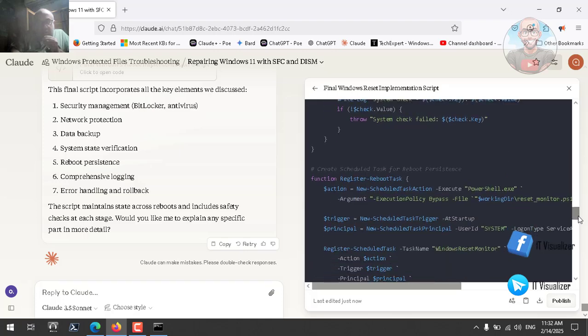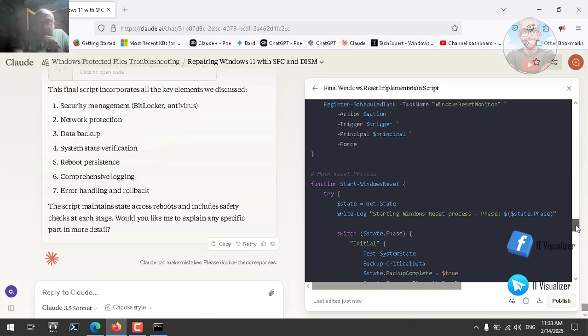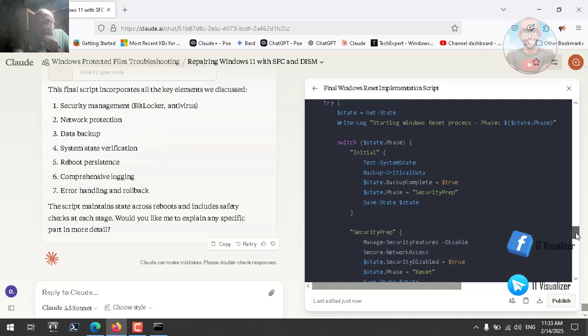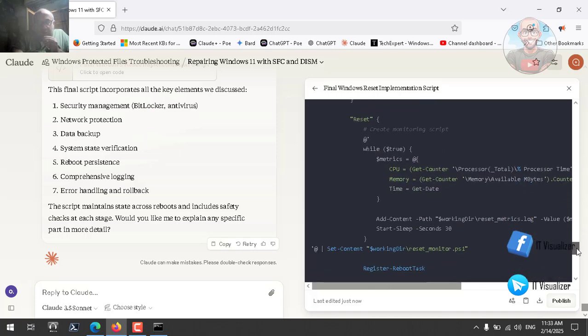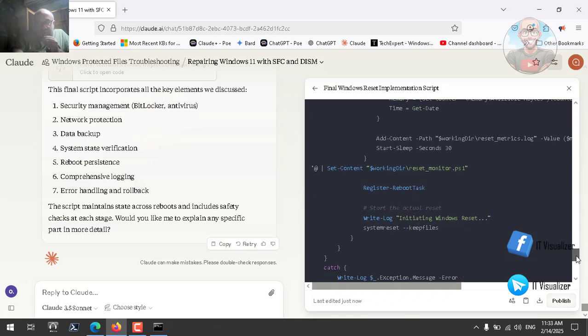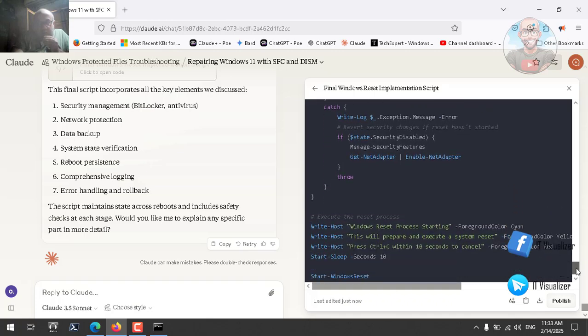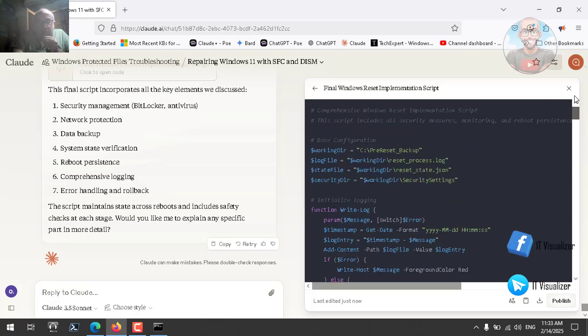create scheduled task for reboot. Okay, this one thing I was worried about. If there is a reboot, how will this task continue working? Okay, so this is to do a scheduled task to open it or to initialize it. Now we have the main reset, start Windows reset. Where is the reset here? So the actual reset. Okay, revert changes if it does not start, proceed within 10 seconds, start Windows reset. So this seems to be something,